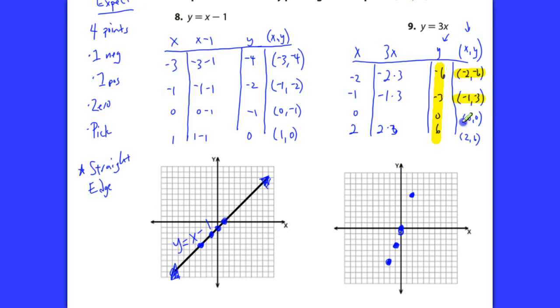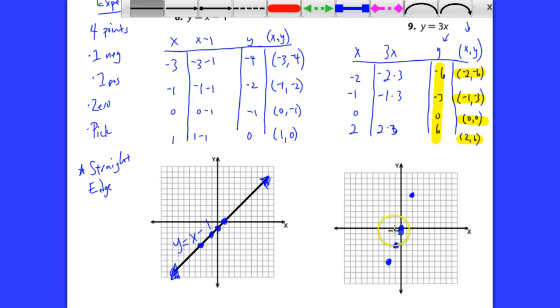-2, -6, -1, -3, 0, 0, 2, 6. If you haven't plotted them yet, please go ahead and do that. And then again, grab your straight edge, hit pause if you need to plot those, and